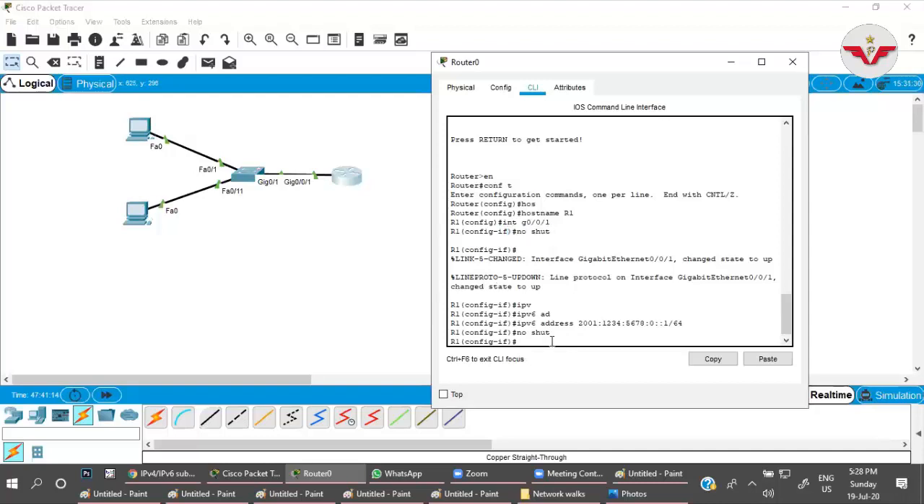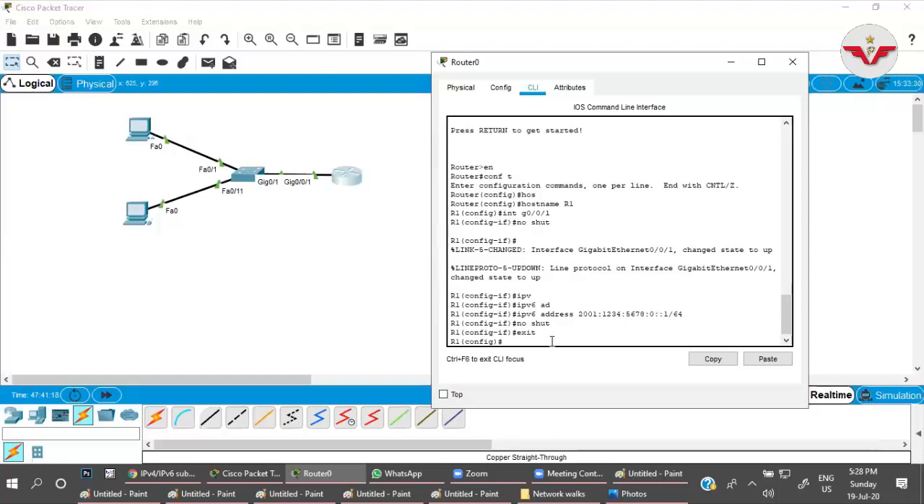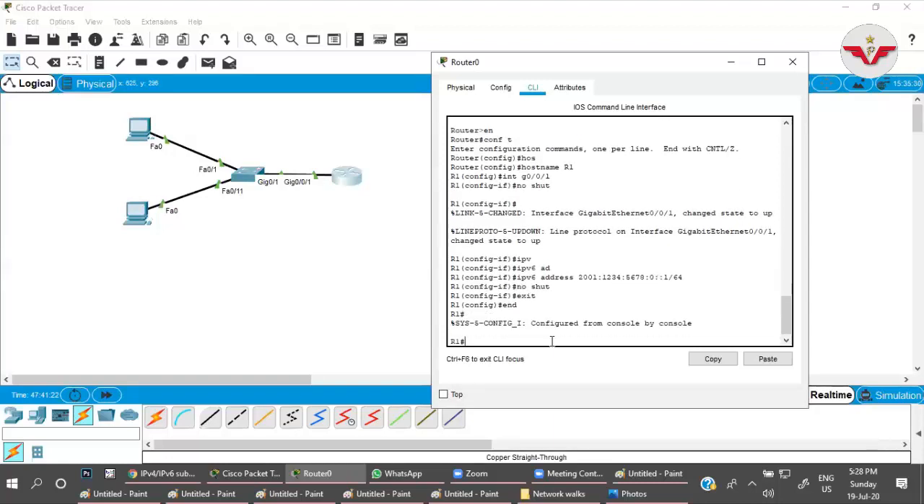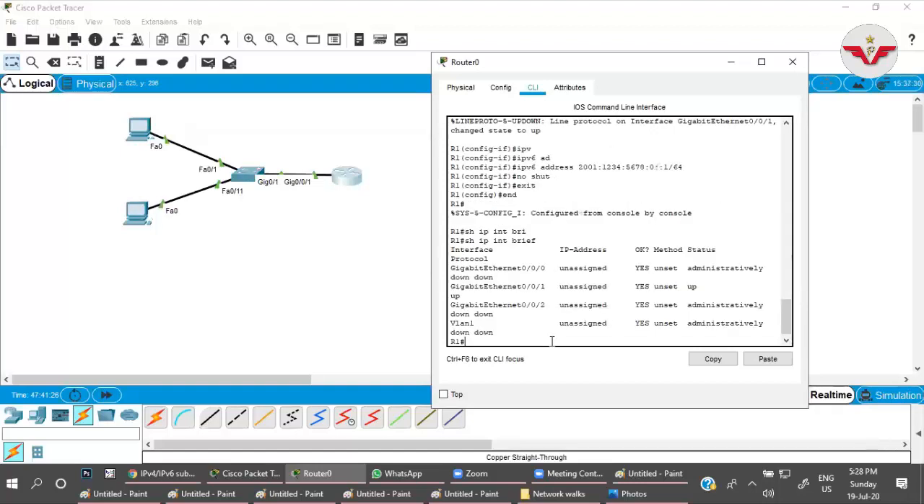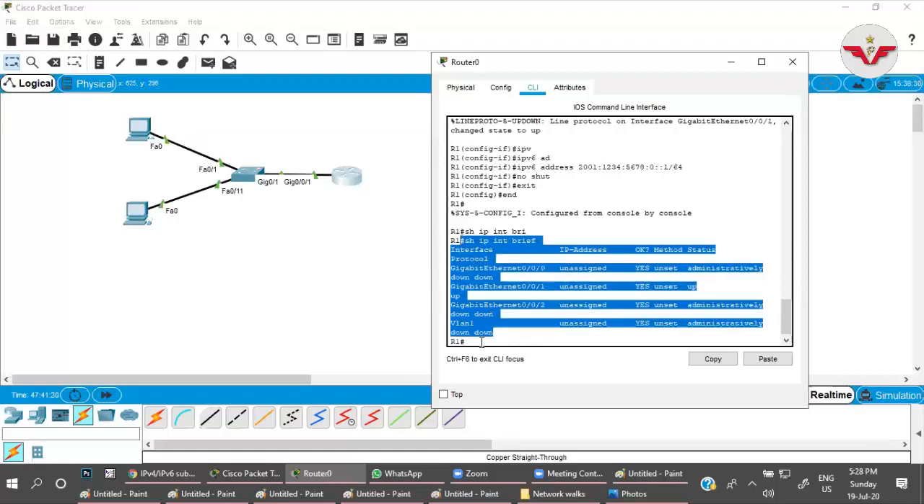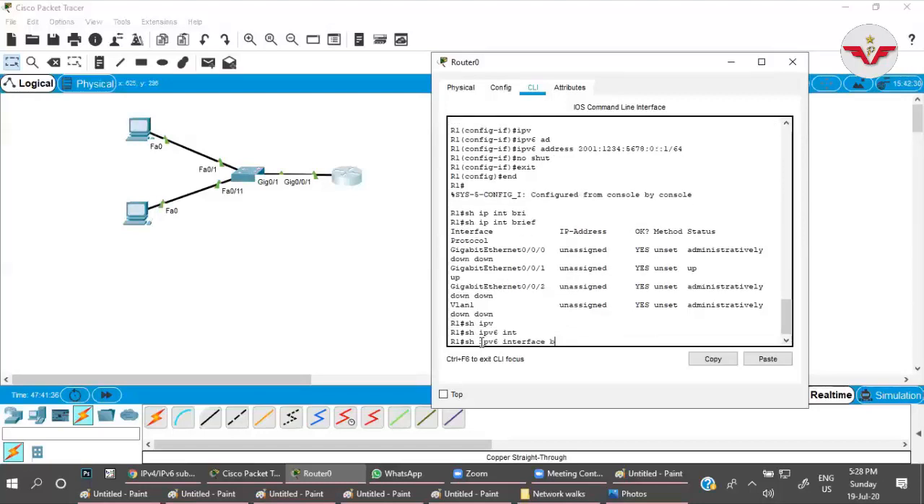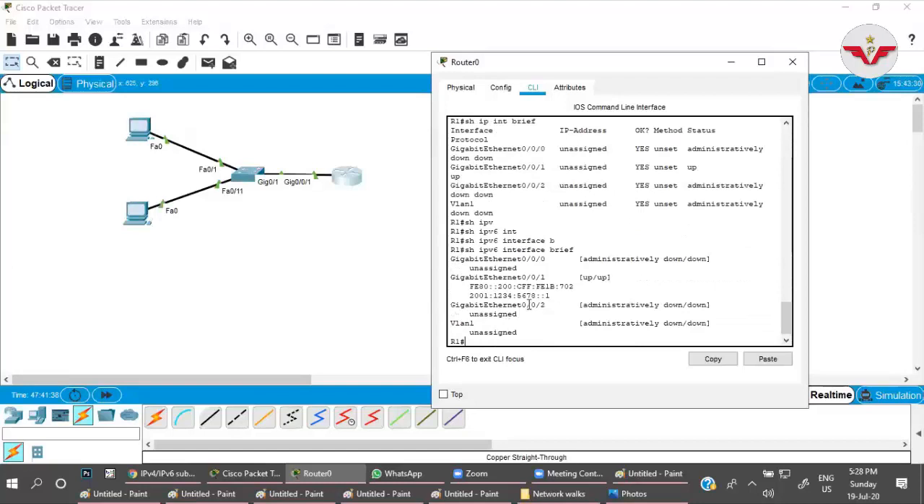Now let us check the IPv6 address. Earlier we had a command to check the IP on the interface, which was show ip interface brief, right? But it is not showing you the IPv6 address. So for that we have the command show ipv6 interface brief. Here you can see